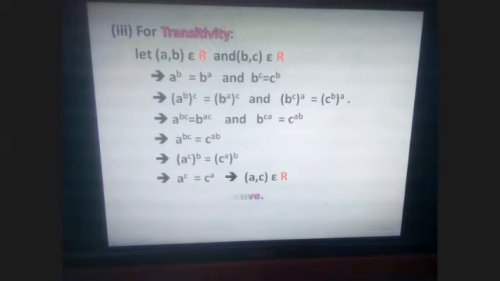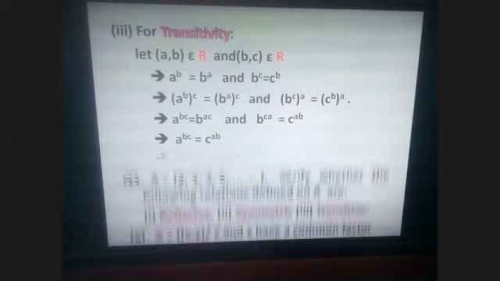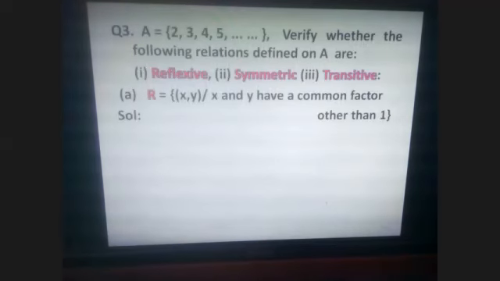Once R is transitive, and hence from 1, 2, 3: one, it is reflexive, two, it is symmetric, three, it is transitive, then it is an equivalence relation. The second question was here, a little more interesting, that